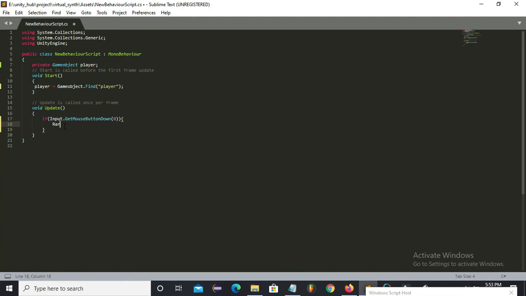So first of all, I will create a ray, ScreenPointToRay. This function will throw a ray from the camera to the position where we will tap.